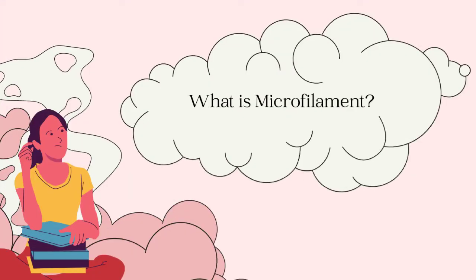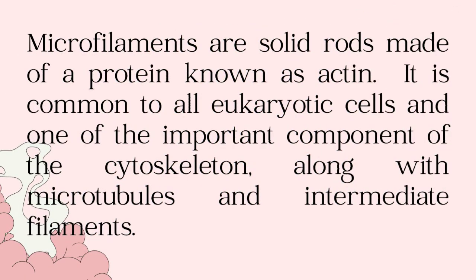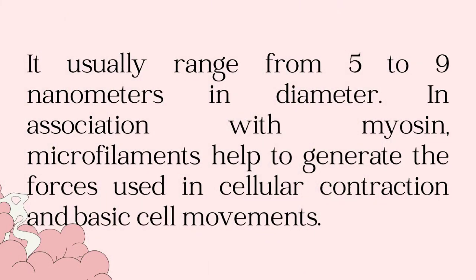Microfilaments. What is a microfilament? When we say microfilaments, it refers to solid rods made of a protein known as actin. Actin is a globular structural protein that polymerizes in a helical fashion to form an actin filament. Microfilaments are common to all eukaryotic cells and one of the important components of the cytoskeleton, along with microtubules and intermediate filaments. They usually range from 5 to 9 nanometers in diameter and are designed to bear large amounts of